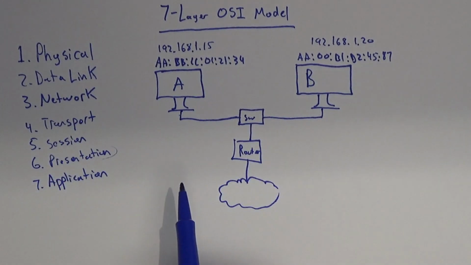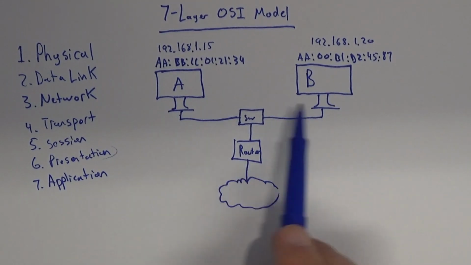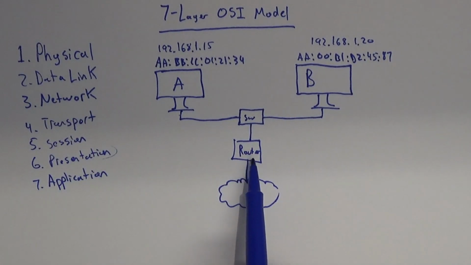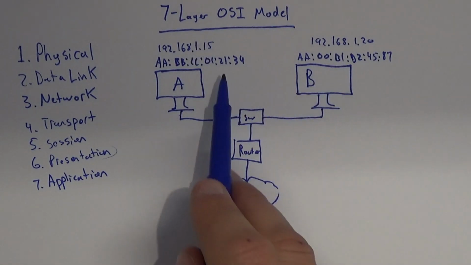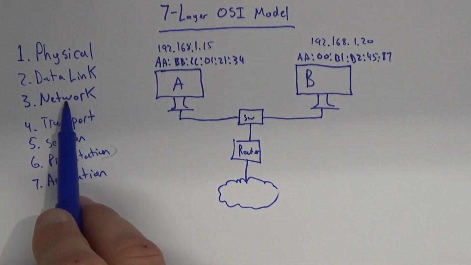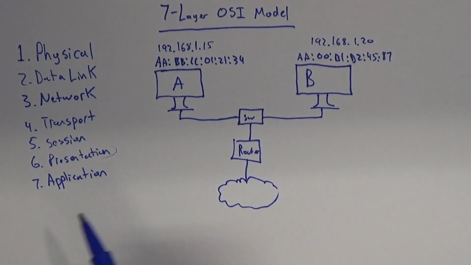So not all devices fit perfectly into a single layer, but it's a good way to kind of conceptualize what's going on here. Usually we talk about devices at the highest layer that they fit into. So computers are application layer devices, a switch is a data link layer device, a router is a network layer device, so on and so forth. We can also kind of figure out based on the addressing, if we're talking about MAC addresses, we're talking about data link. If we're talking about IP address, definitely network. If we talk about ports, it's going to be transport. If we talk about programs,